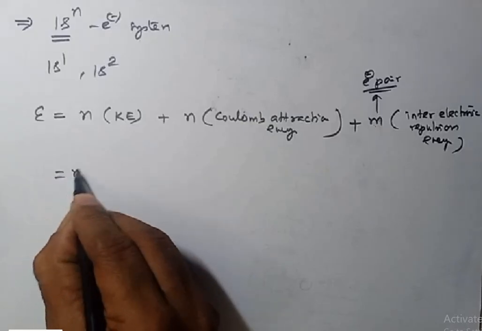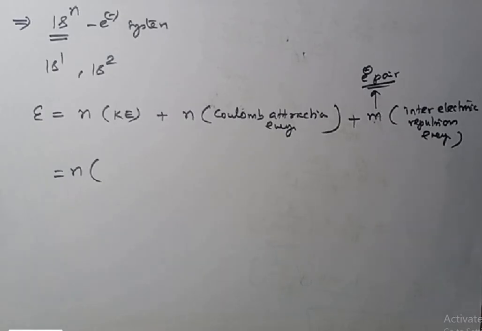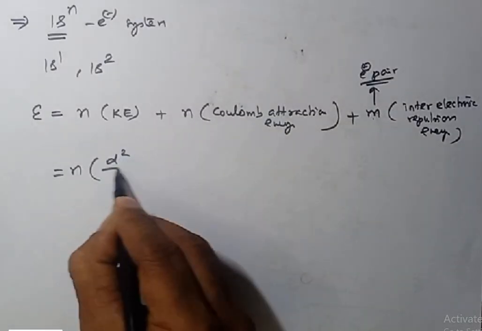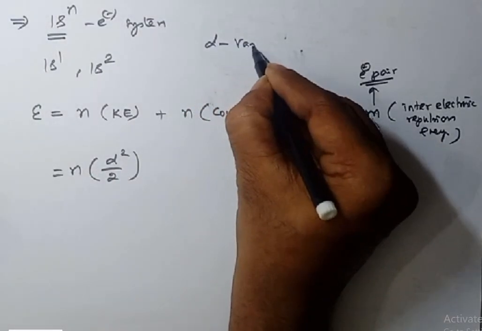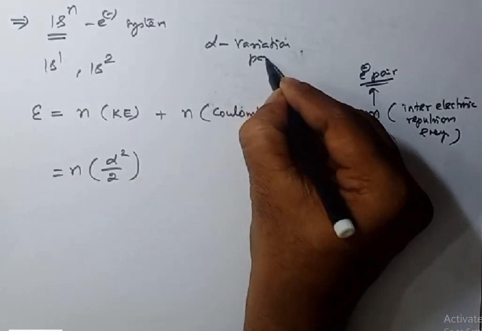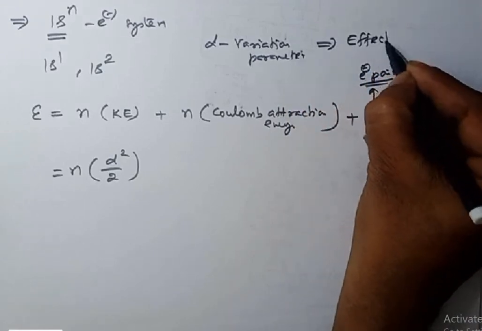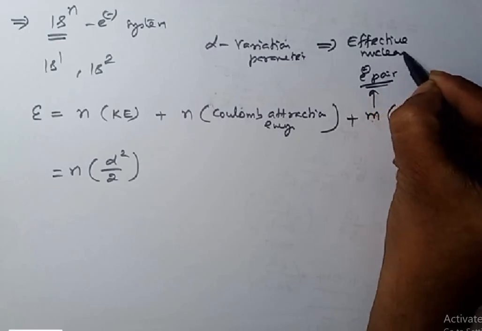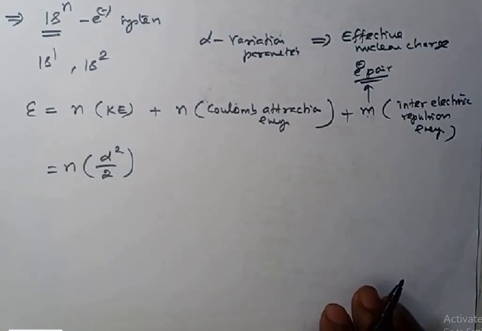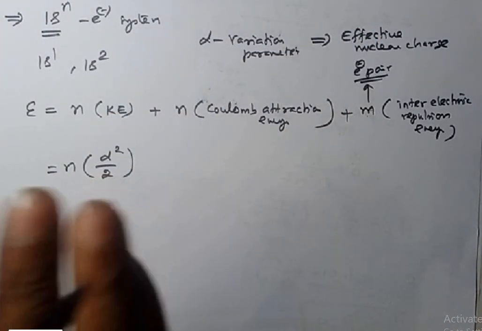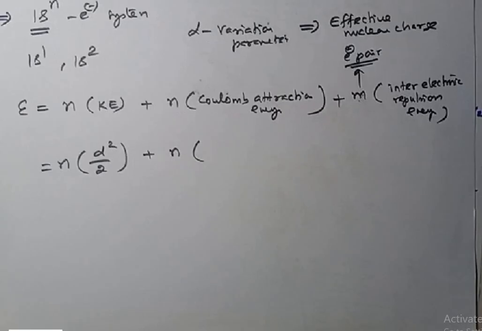Here, n is the number of electrons. Kinetic energy is given by alpha square by 2, where alpha is called the variation parameter. It is also sometimes called the effective nuclear charge. Kinetic energy is alpha square by 2, plus n, the number of electrons, into the Coulombic attraction energy, which is nothing